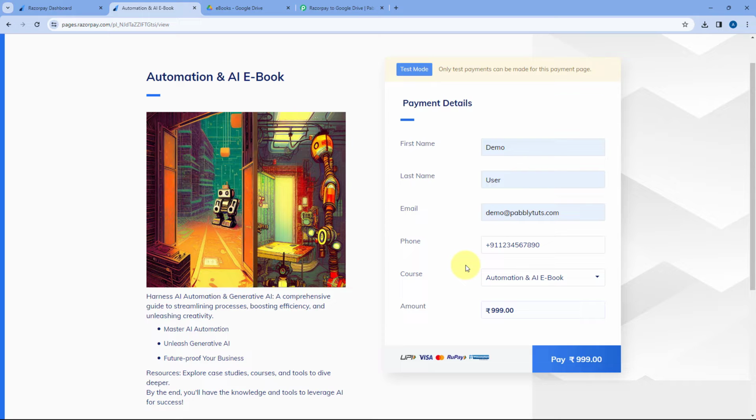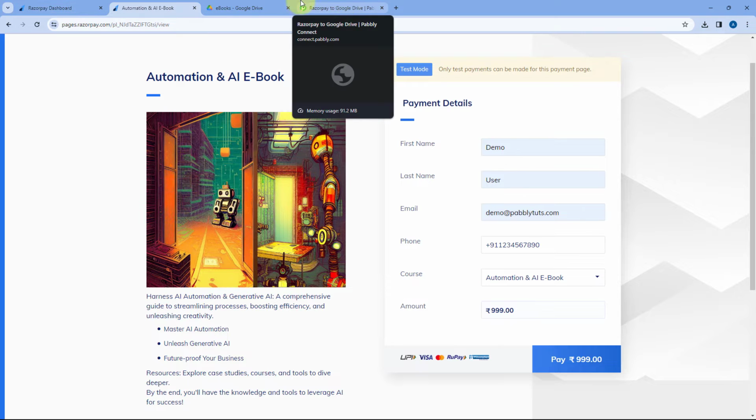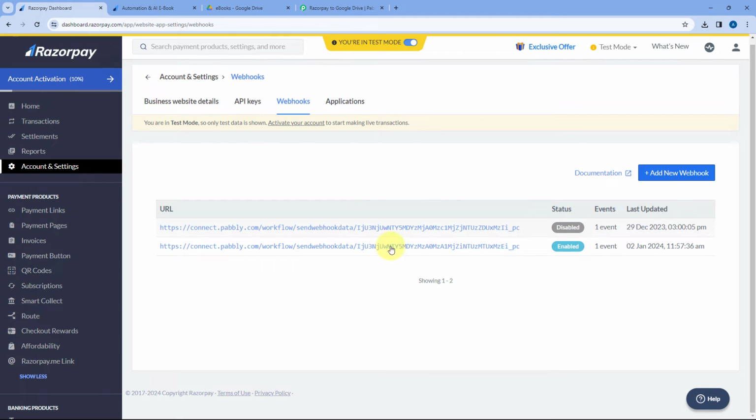While creating the Razorpay payment page and connecting it with Pabbly Connect, it is very important to add this kind of field of course name or product name. In that field, you can give one single drop-down and give the option to select that. We have to do this because whenever we connect Razorpay with Pabbly Connect using this webhook URL, after making the connection, Razorpay will send the data of each and every payment you capture on your Razorpay